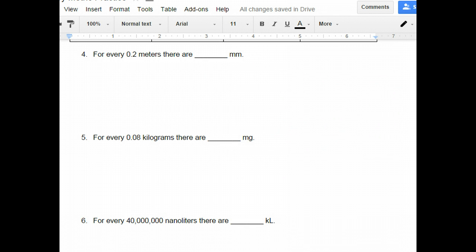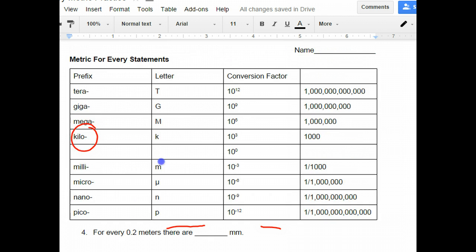And the next one says that we're going from nano to kilo. So I'm going to do this one the quicker way on this one. So I'm going to do it as a 1-step instead of like we did number 5. We did that as a 2-step. So to get from nano to kilo,